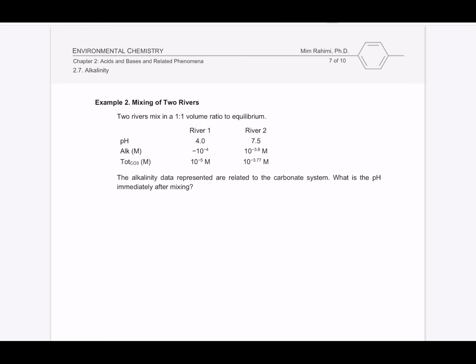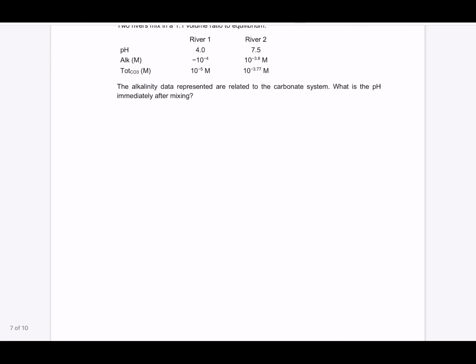So you have it immediately after mixing and also after equilibrium. Immediately after mixing, we don't need to be worried about the re-equilibrium or whatever happens after because of the presence of CO2 in the air. As we saw, the CO2 eventually dictates the alkalinity. So we know, approaching with V of mix, that V of mix is V of river 1 plus V of river 2. They're equal, so the ratio is 1 to 1. Let's call this 2V